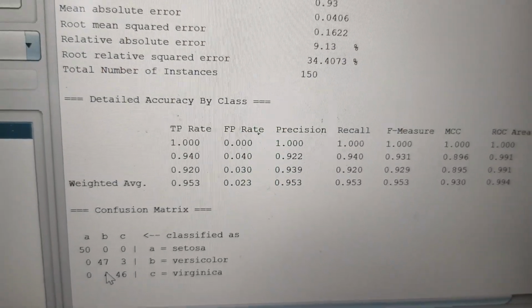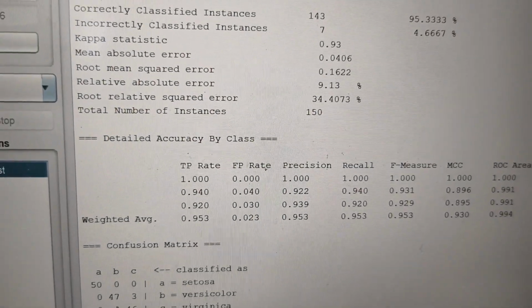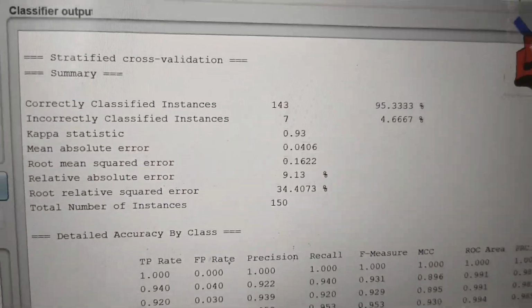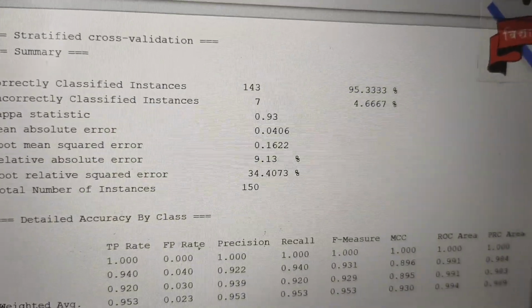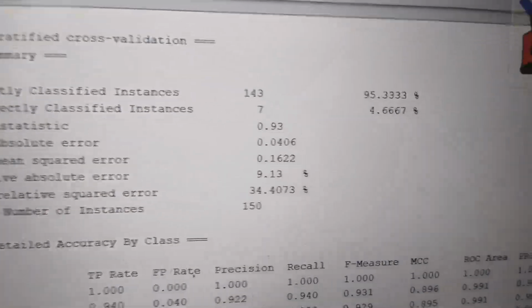So by using the Weka software, if we perform the random forest model, the efficiency for correctly identified species is